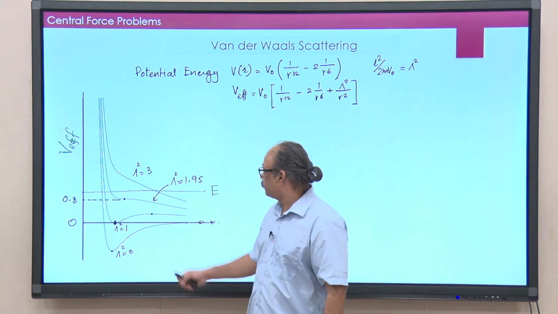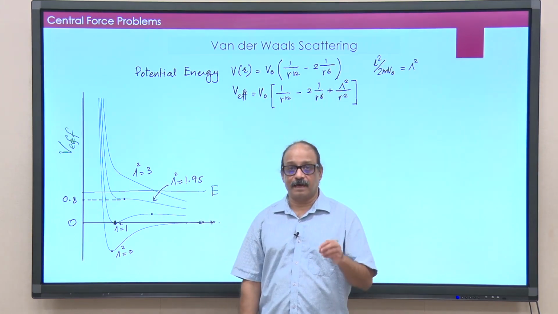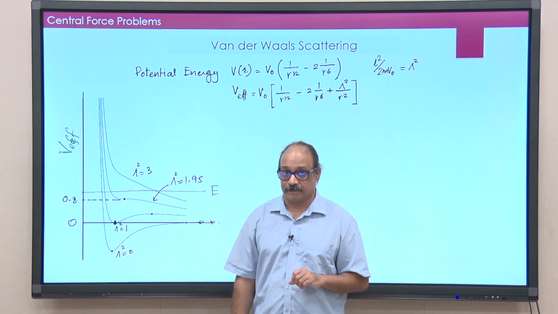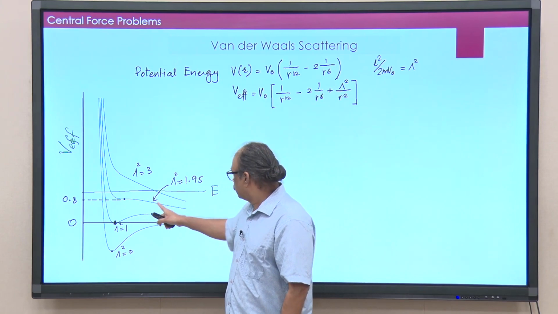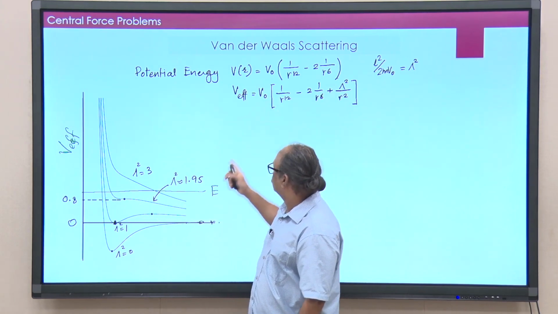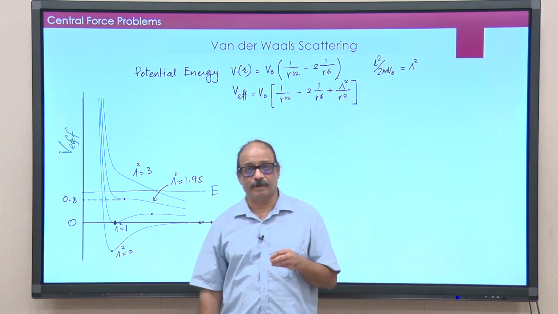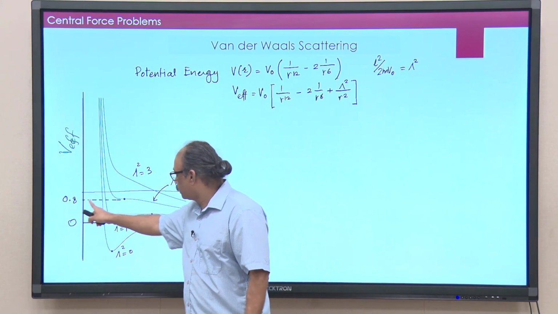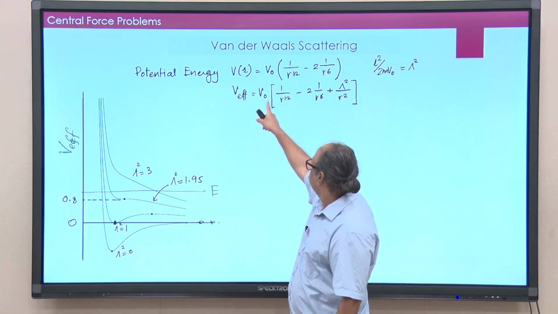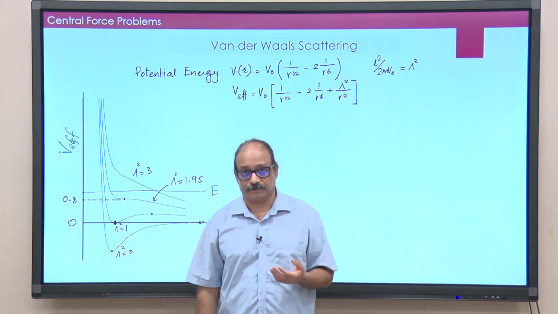And then you increase the value of lambda further, and then it does not have a zero derivative point, it does not have a stationary point. This one actually happens, so for this one it is very easy to calculate. This happens at about lambda square equal to about 1.95, and this value here is 0.8 times V naught. So, this is V effective in the units of V naught.